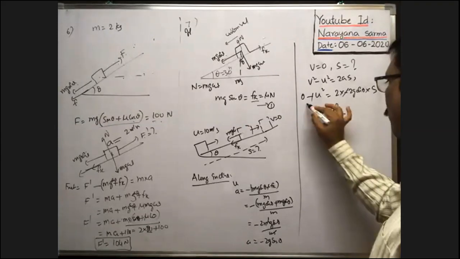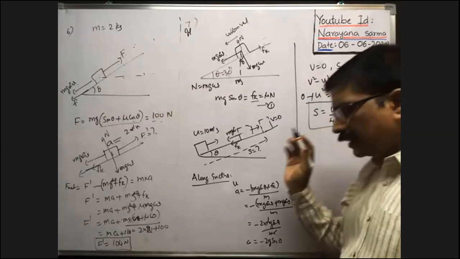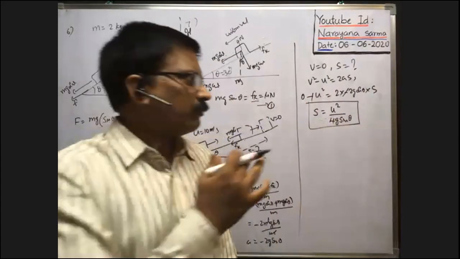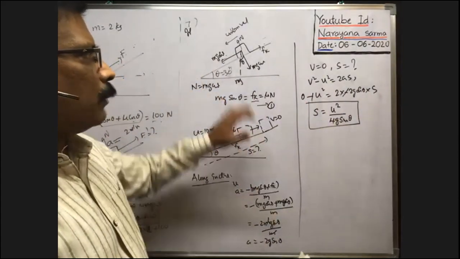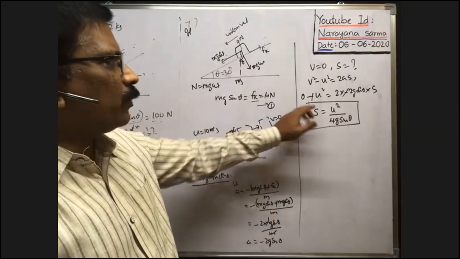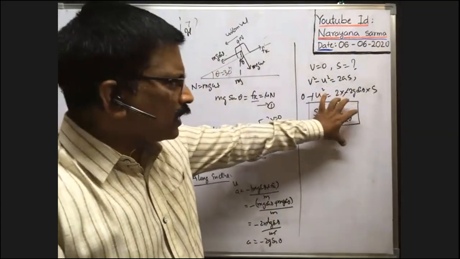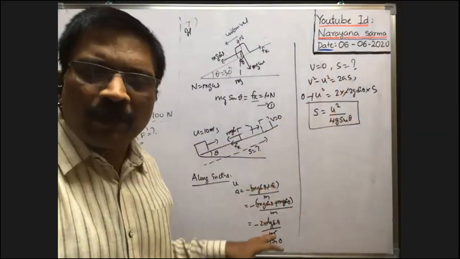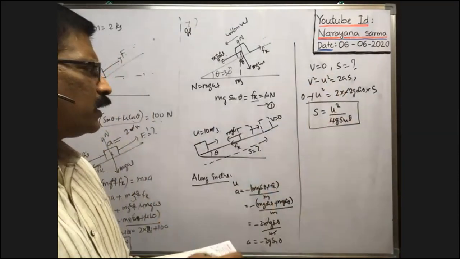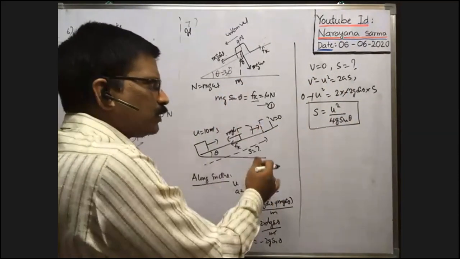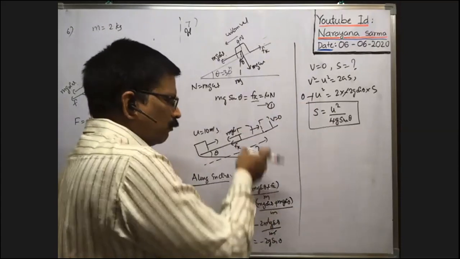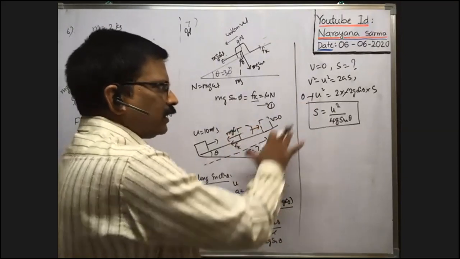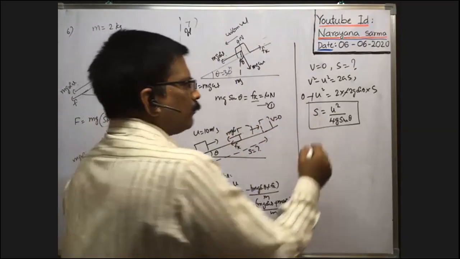Based on this concept, the problem is asked like this: what is the distance traveled before coming to rest? The same answer is given, but in this problem data is given. Now we substitute the data. Of course, you follow the same procedure and substitute the data. By substituting here, you calculate everything, then we'll get the answer.